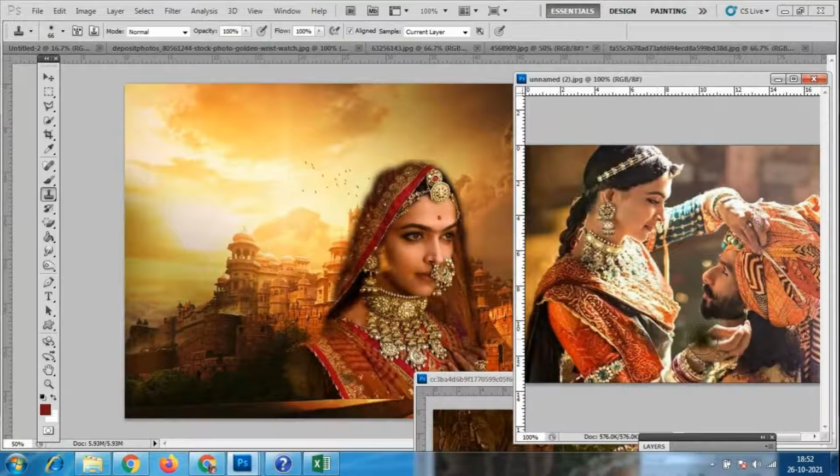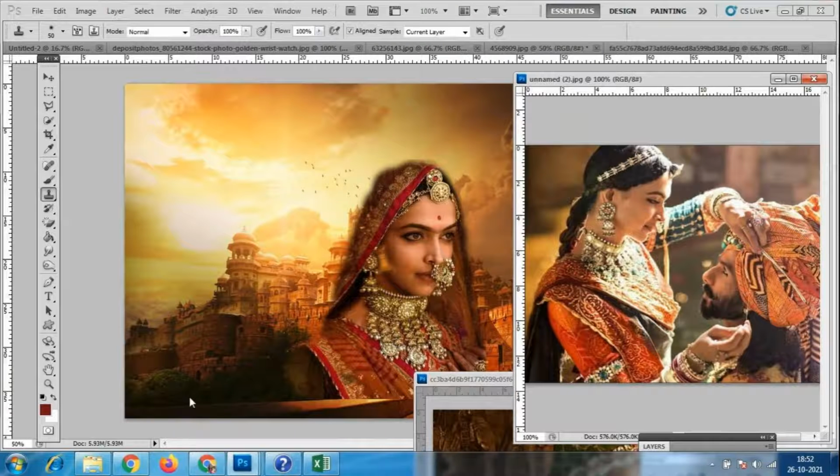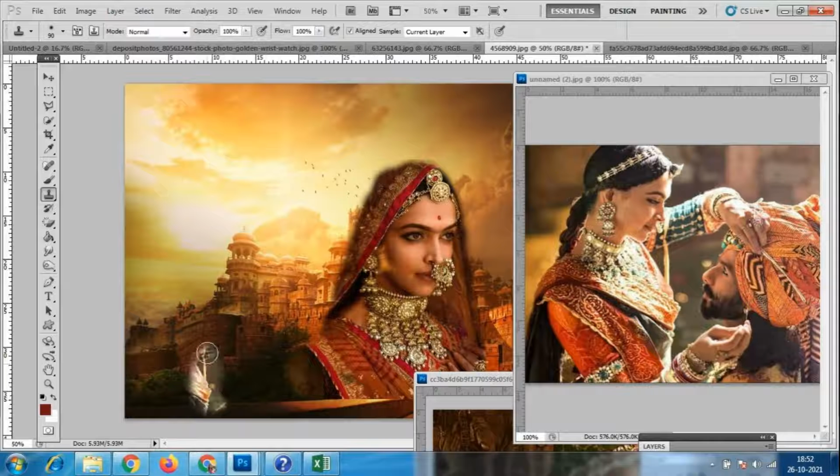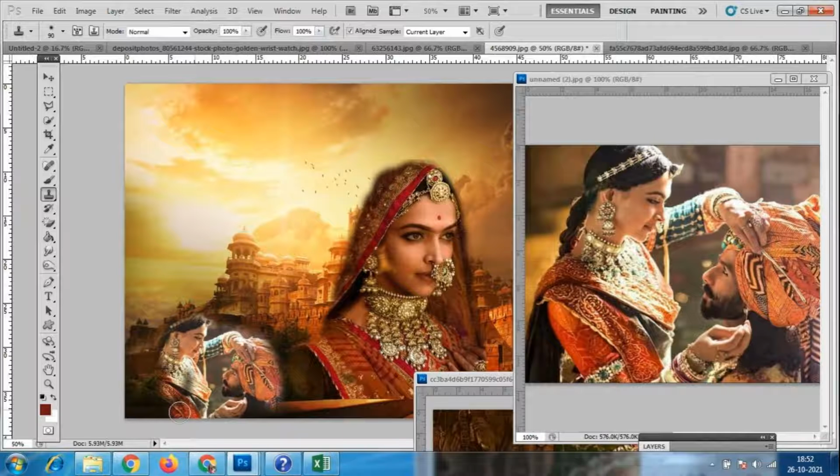I'll just reduce the brush size and alt. So 2 3 images from the movie you can select.